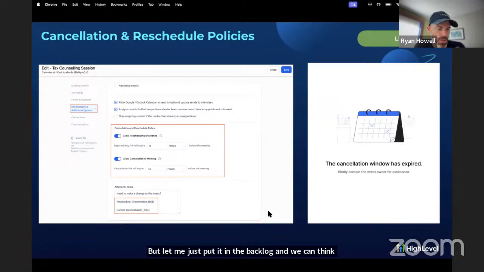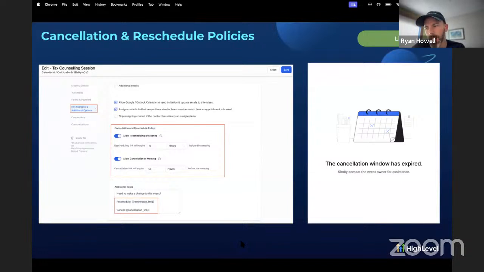Is that something that could get accomplished with conditional logic? I'm thinking almost like a hidden field that you pass the value through in the URL. I mean, I don't know. Maybe that's getting a little complex, but